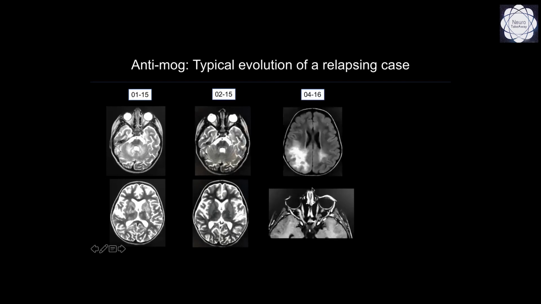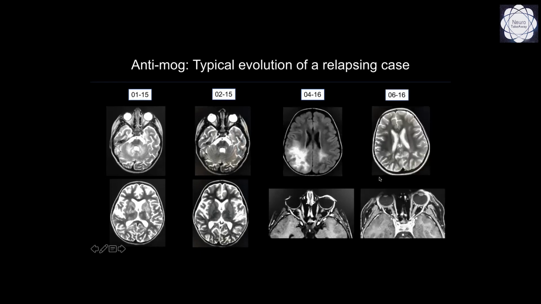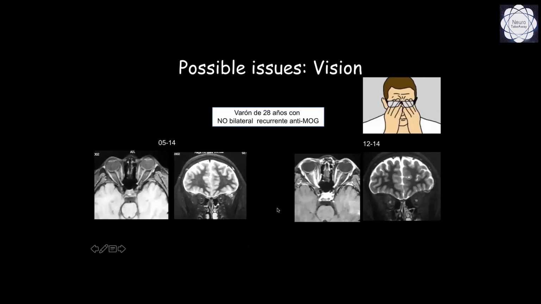Then there was a relapse 1 year later with white matter compromise, cerebral white matter compromise, especially at the parietal level on the right, and an optic neuritis on the right with a lot of inflammation, which after another treatment with the steroids did very well. So here we have a typical case, but there are some issues that we have to take into consideration in